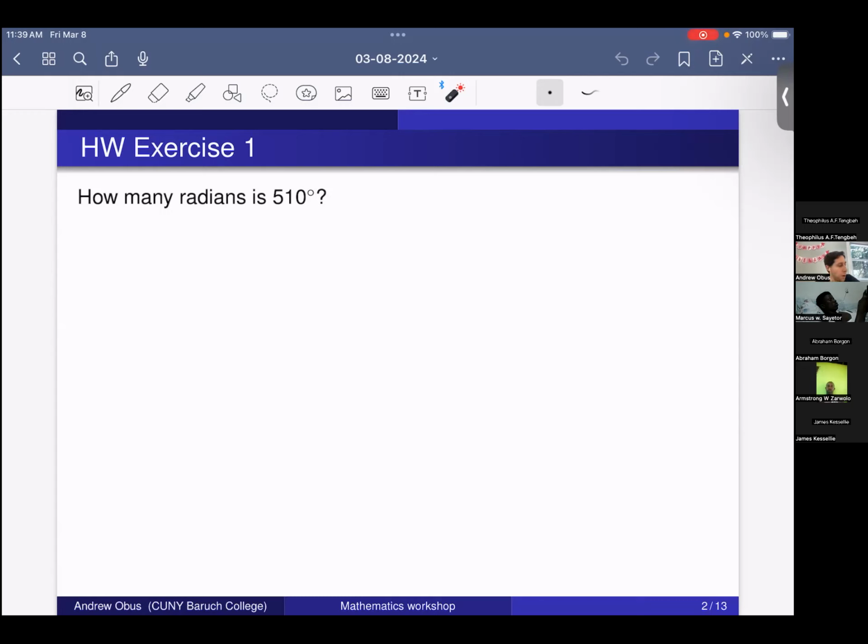Okay, first question. How many radians is 510 degrees? So this is a quick, straightforward question. So does somebody want to give the solution here? Yes, Armstrong. Okay, so we're asked to find how many radians 510 degrees is, right? So we calculate 510 times